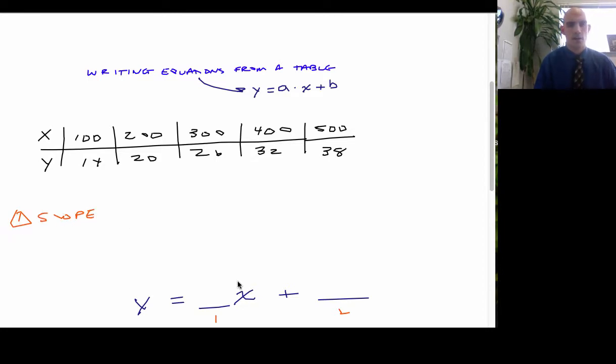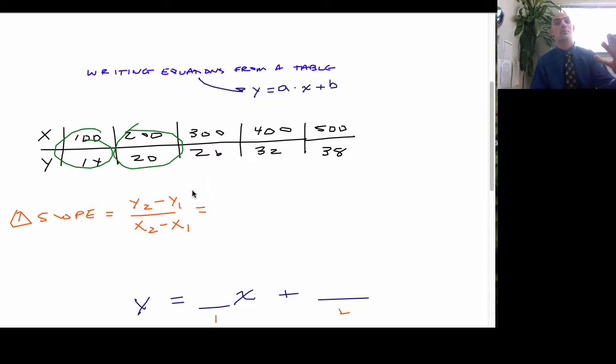The slope. Right, the slope is m, or the a. It goes before the x. So how are we going to figure out the slope? Well, we remember that slope is y2 minus y1 over x2 minus x1. So what I'm going to do is I'm just going to select some values from the table here. I'm going to give myself this one and this one. Okay, so what I'm going to do is I'm going to put in my change in my y. So that's going to be 20 minus 14